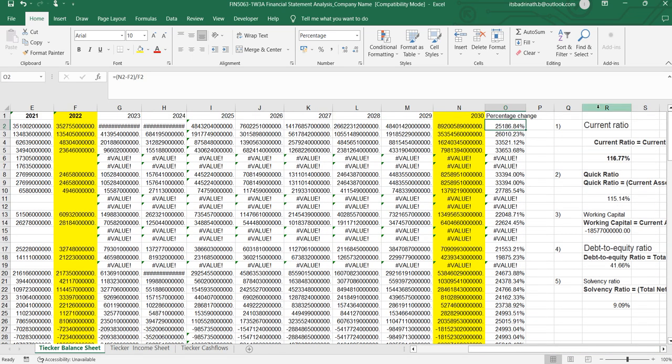In addition to that, there are five different ratios that are mentioned here. You can discuss about these. Among these five ratios, any three ratios you can take and discuss how the equation is, how it will be calculated, what kind of value we get, and what the value explains. For example, if you take current ratio, what is current ratio? How it will be